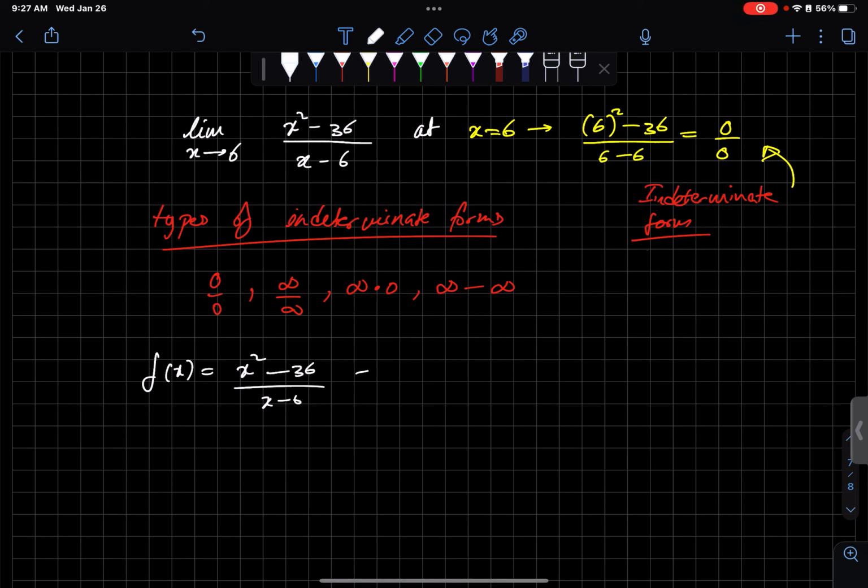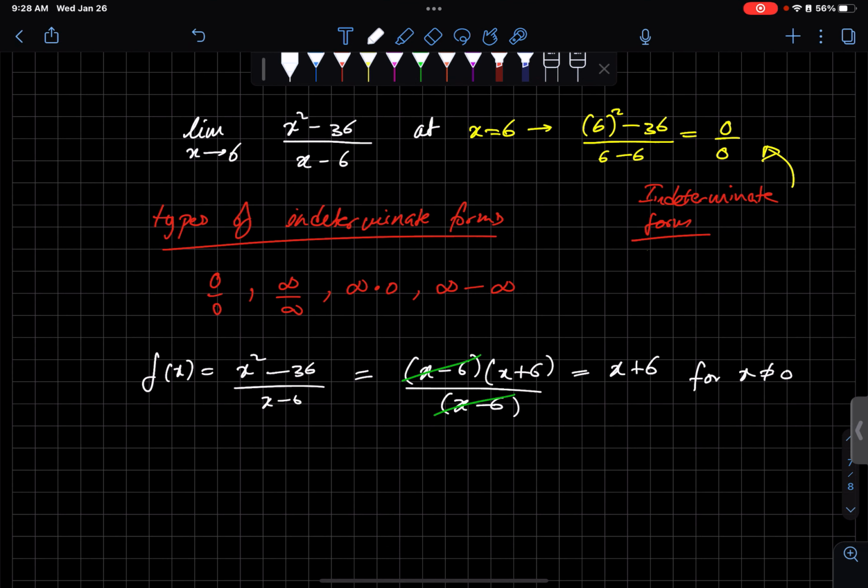So this is the same as x minus 6 times x plus 6, right? We can just factor this out. And now we have x minus 6 on the bottom. And we can cancel these two out, right? And then we get this equals x plus 6